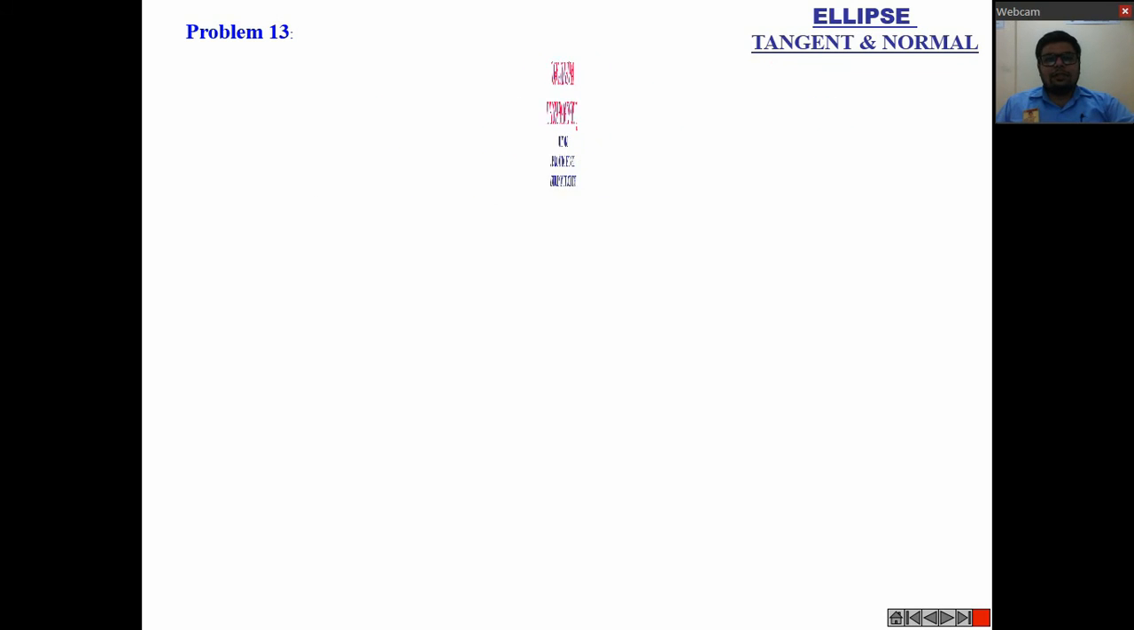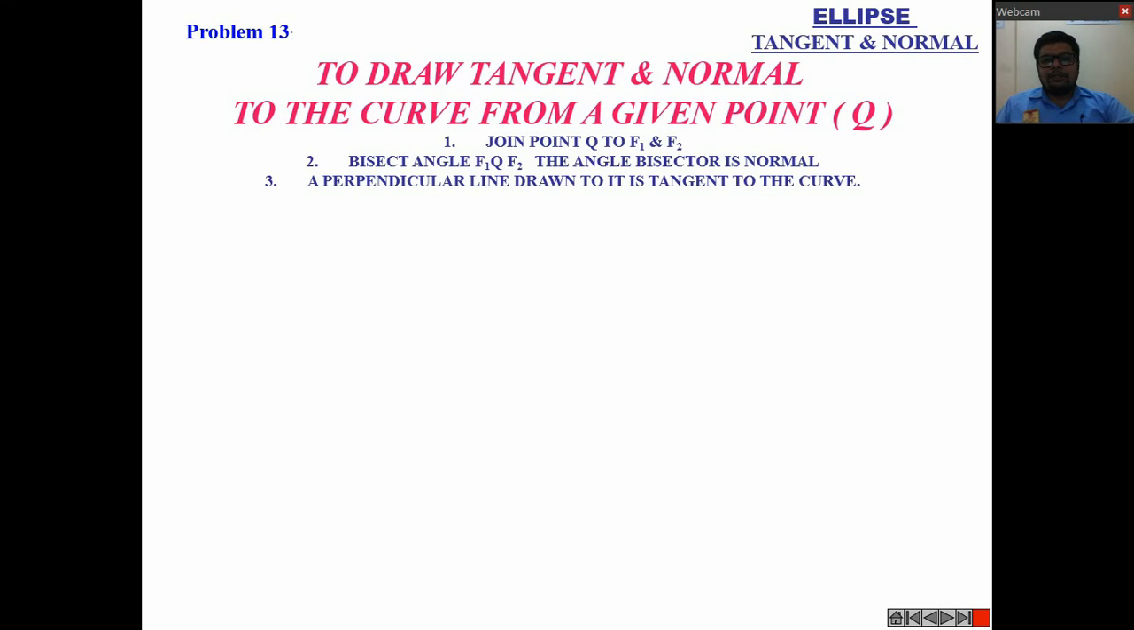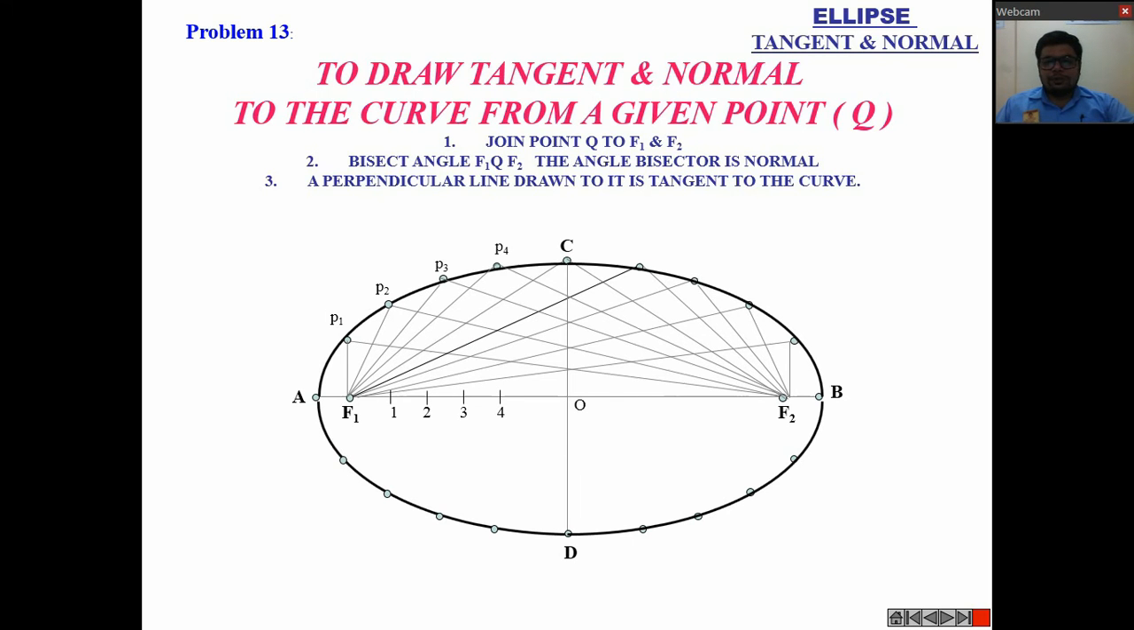So as we know that in the data it will be given that to draw tangent and normal to the curve from given point Q. So what we have to do, this is the method which we have already went through, and this method is directrix focus method. After drawing this ellipse by any method,